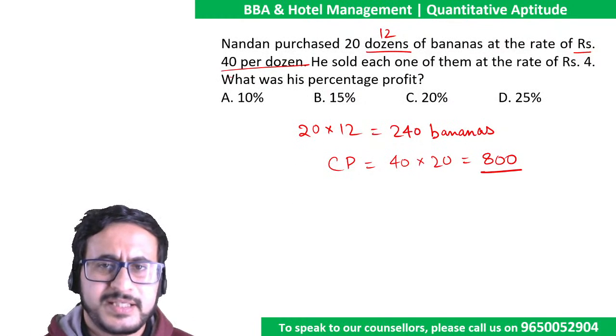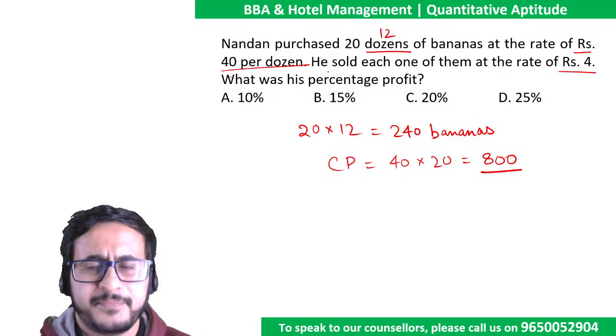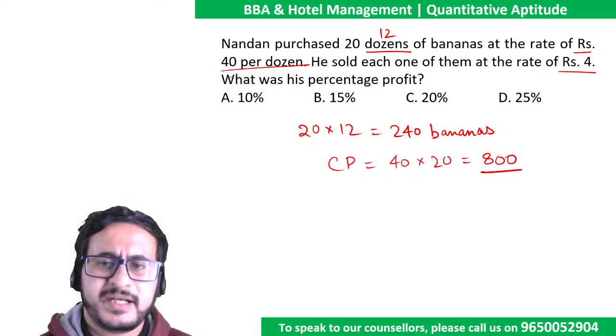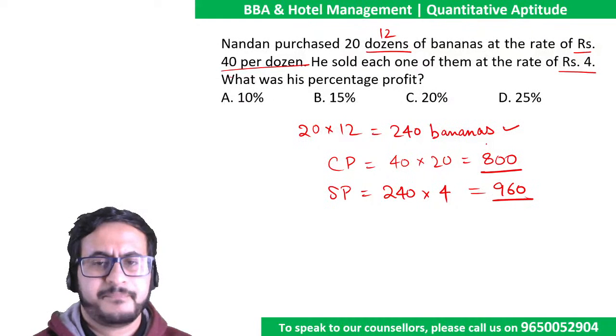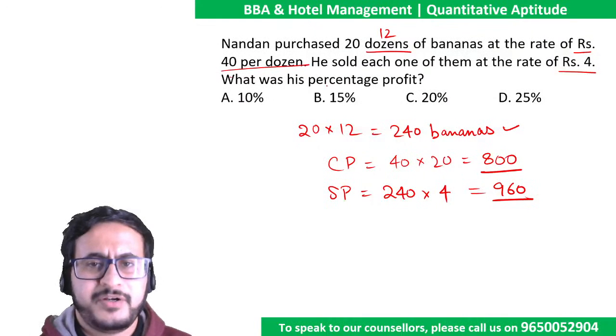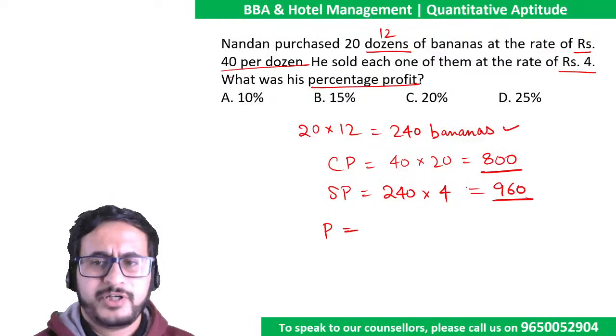Now the question says he sold each of them at the rate of rupees 4 per banana. Okay. So how many bananas did he have? 240 bananas. And he is selling one banana for rupees 4. So how much is his selling price? Rupees 960. So what do we have to find? We have to find percentage profit. So first of all, we'll find profit. What is profit? 960 minus 800, that is